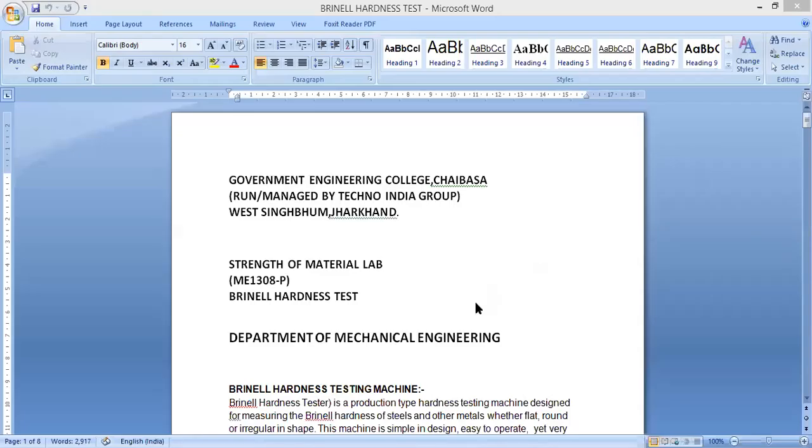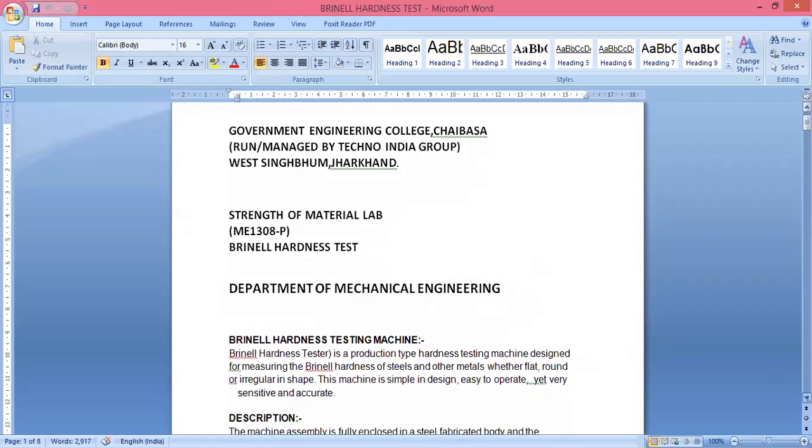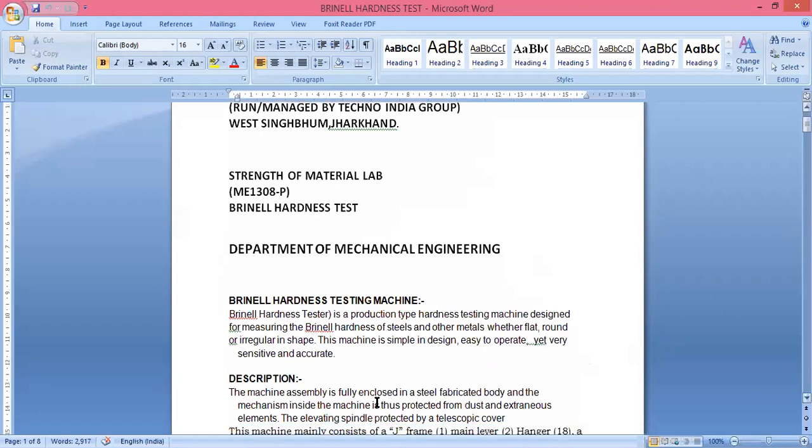Now I am sharing the strength of materials lab Brinell hardness test, the details of it. The Brinell hardness test machine is a production type hardness testing machine. It is designed for measuring Brinell hardness of steels and other metals, whether flat, round, or irregular in shape. This machine is simple and easy to operate, but sensitive and accurate.